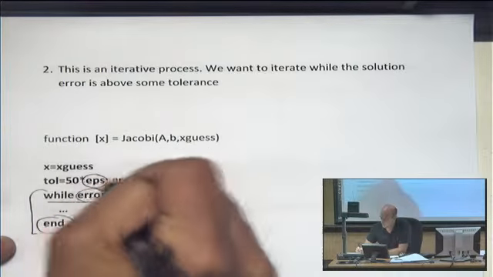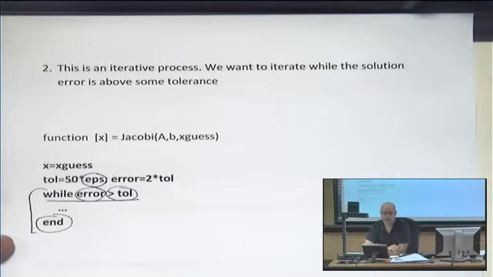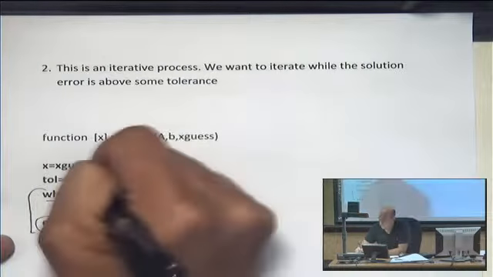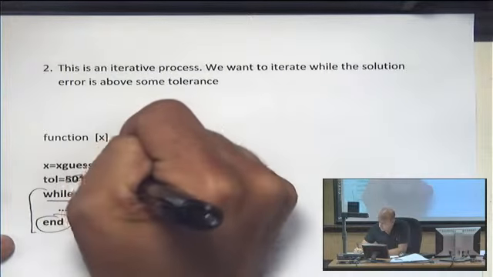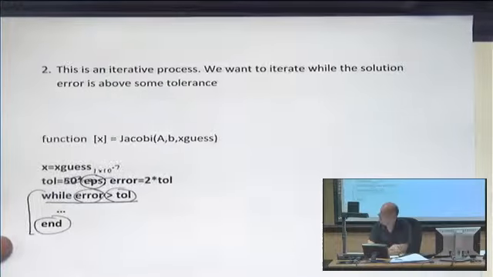So I just said 50 times EPS. You could have said 100 times EPS. You could have said, oh, forget all that, I'm just going to say tolerance is 1 times 10 to the minus 7 or something. Okay, whatever you want to do. Okay, but it's a really small number. And then